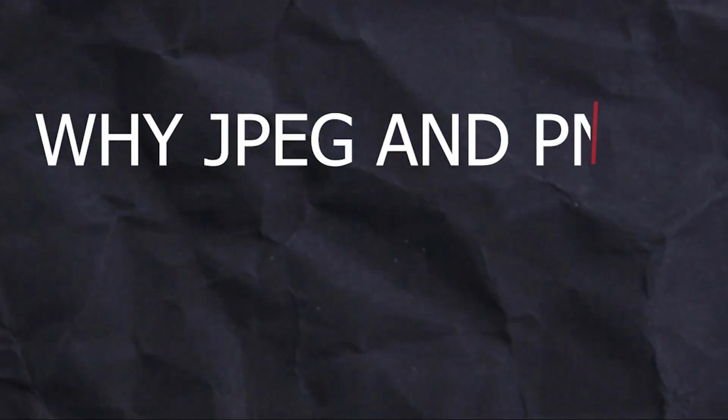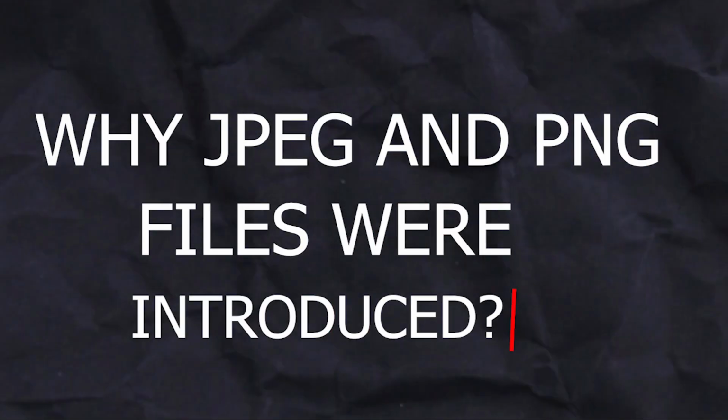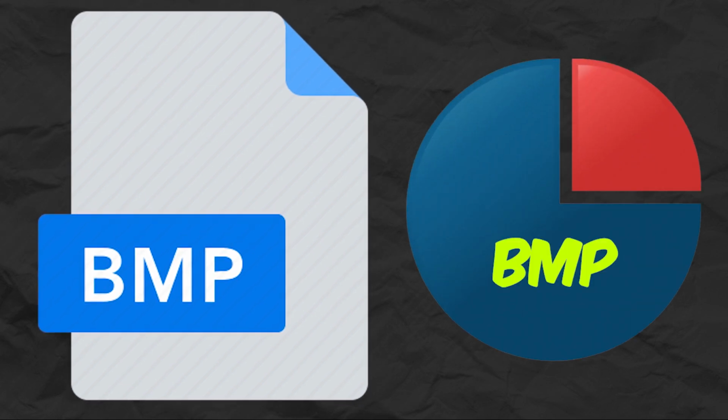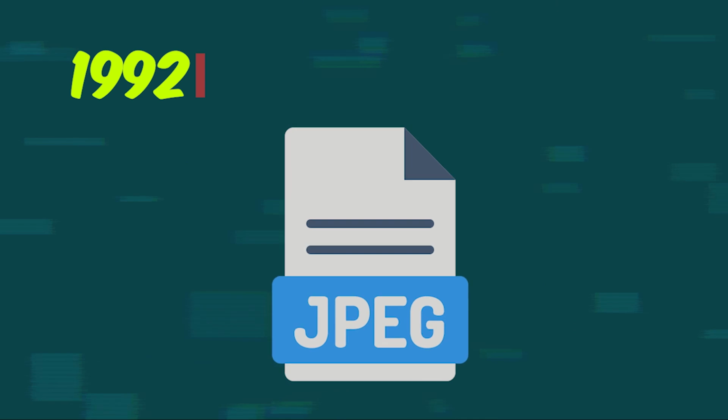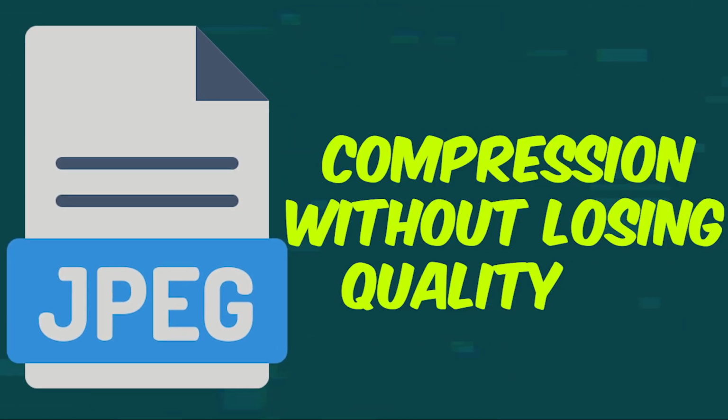Now you might be thinking why the JPEG and PNG files were introduced. In the early days, images were stored in bitmap BMP files and this system could store high resolution images. But later there was one flaw in this system, that it was large and took up a lot of storage space. To solve this problem, JPEG was introduced in 1992 and this system could reduce the size of the image